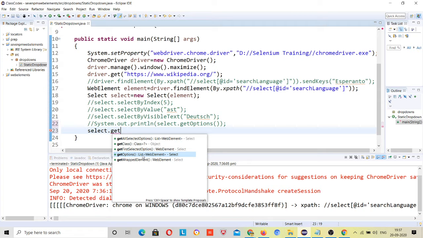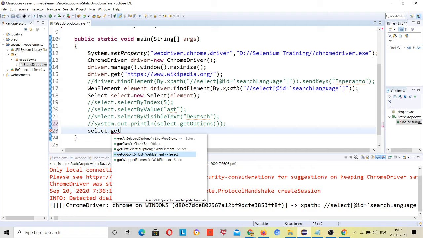You have two options: either the array list, or arrays. You cannot do it with arrays here, because that I will cover later. But first you have a list of type web element, and Eclipse is suggesting it as well. See, the get options returning type is list of web element.